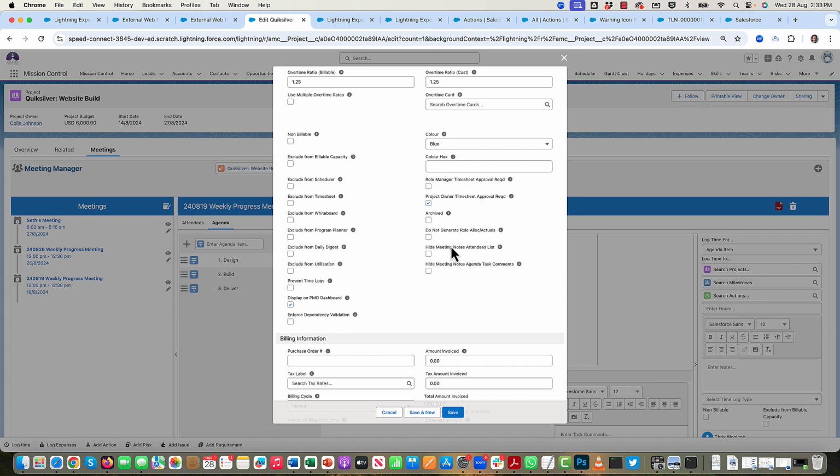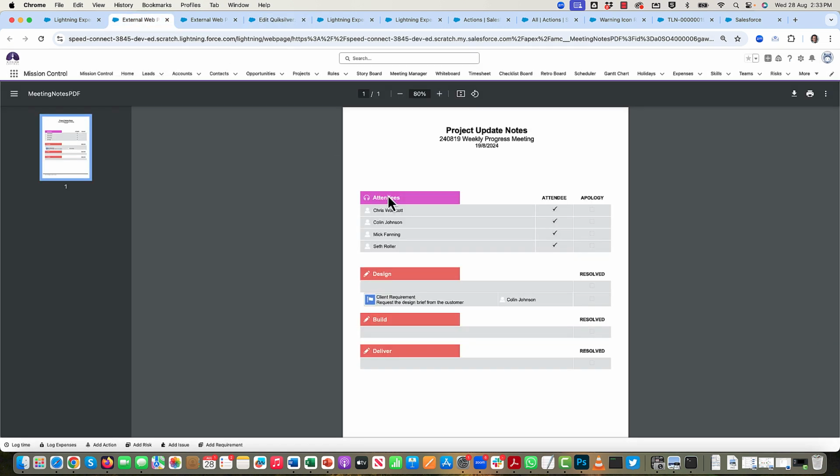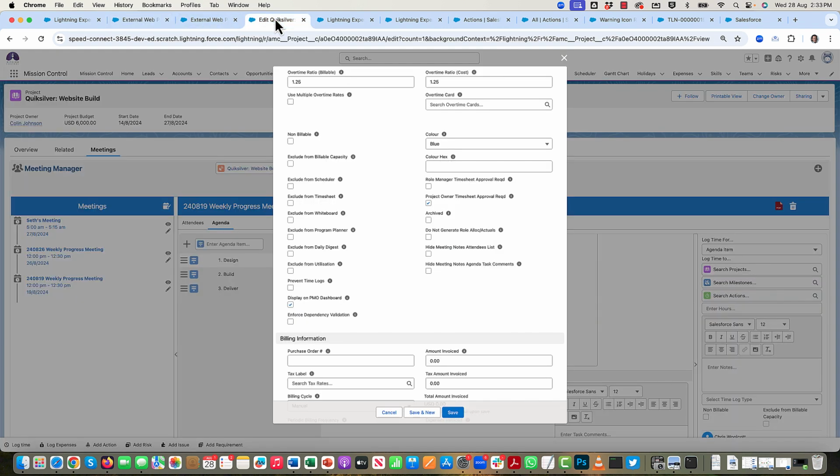So there's two new fields. There's the hide meeting notes attendees list and hide meeting notes agenda task comments. So I'll just jump back onto the PDF. So right now you can see that it is displaying the attendees list, and it's also displaying the comments of the agenda task. So if I was to go through and set both of those to be hidden,